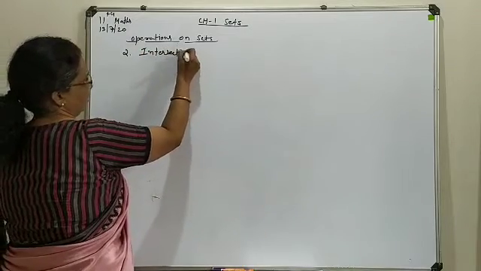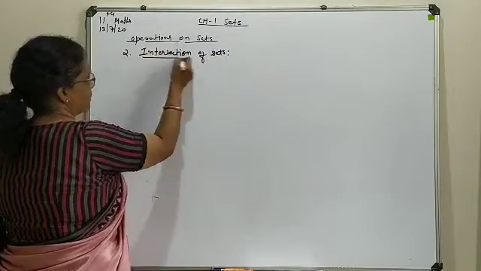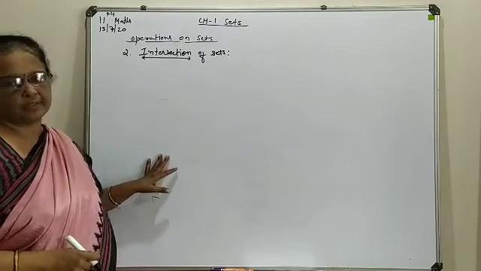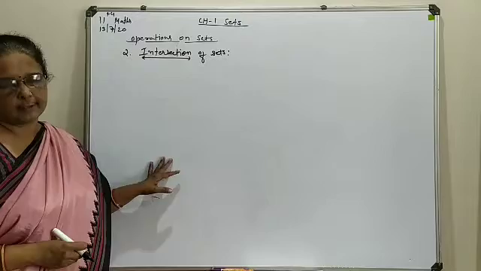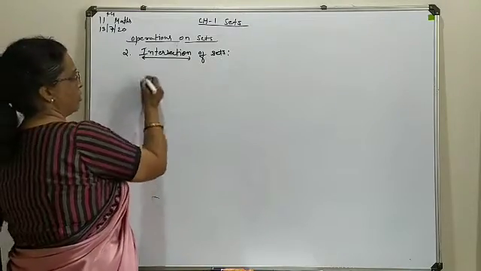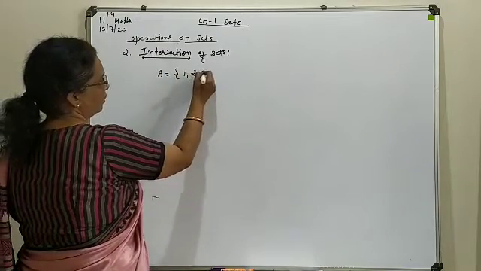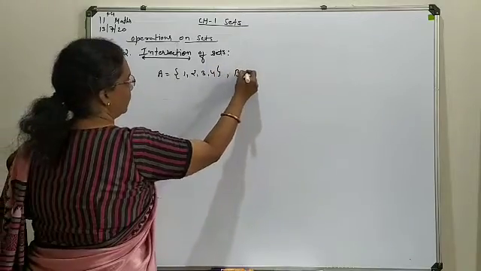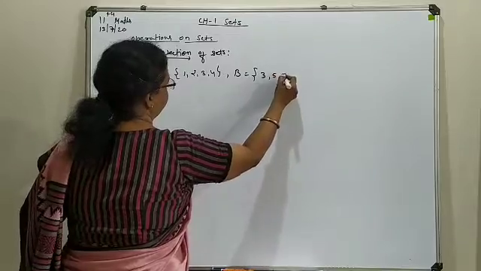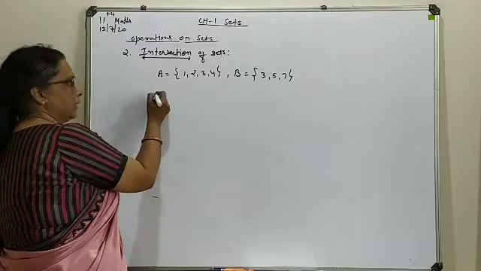So here we are going to discuss our second point under the operation of sets, that is the intersection of sets. This term intersection means common elements. So just for example, first we try to understand the meaning of intersection, and then we take some different combinations. Now, intersection of two sets: suppose we take one example, A is 1, 2, 3 and 4. Another example, B is 3, 5 and 7. We are willing to find the intersection of these two sets.